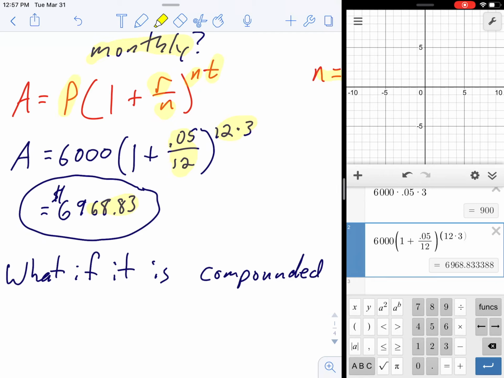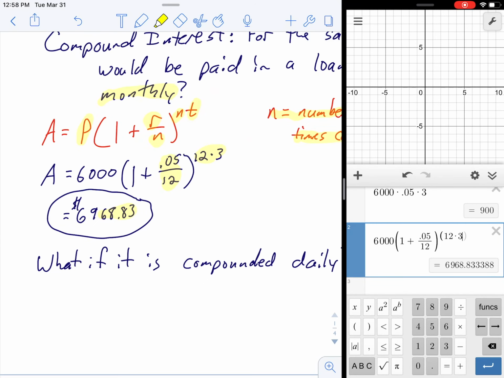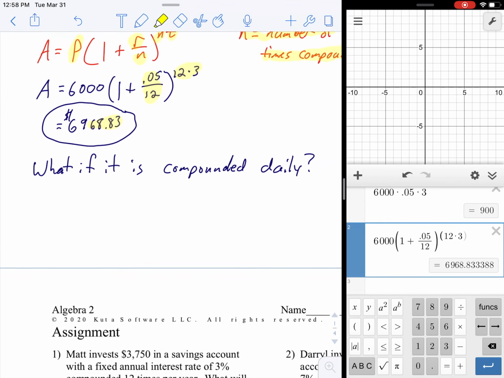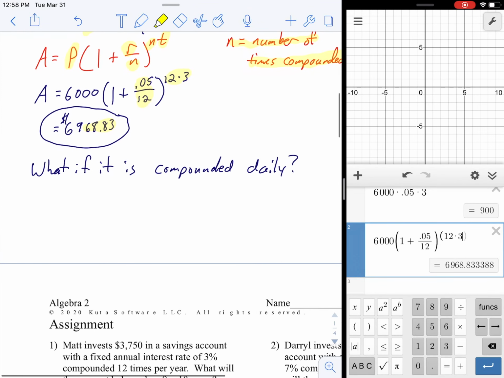Well, okay, so imagine loans bigger than $6,000. Imagine thousands and thousands of loans being made all the time. That little bit of extra profit for the bank really adds up. So now let's say they had the same situation, but the loan is compounded daily. So we have the same formula,